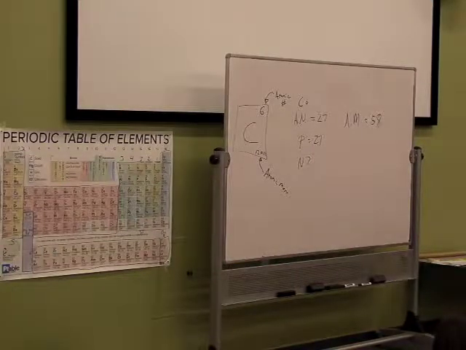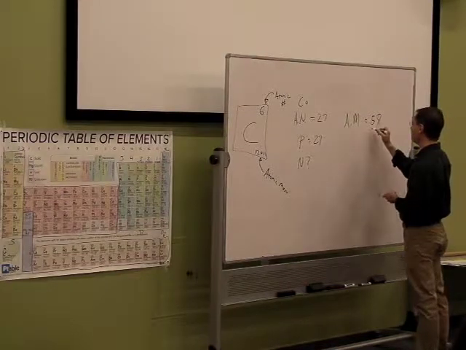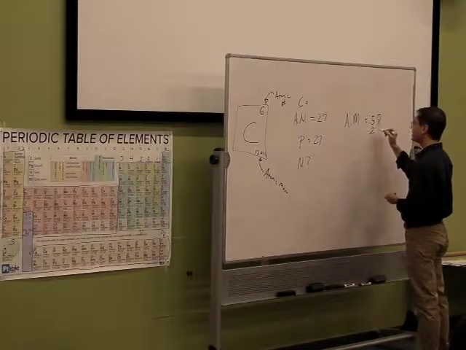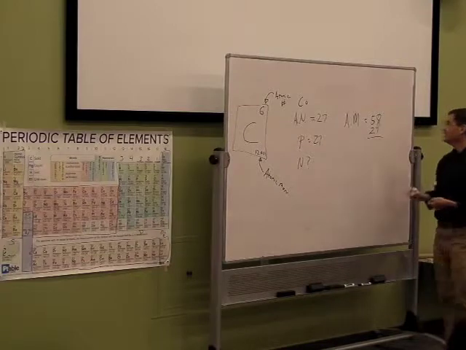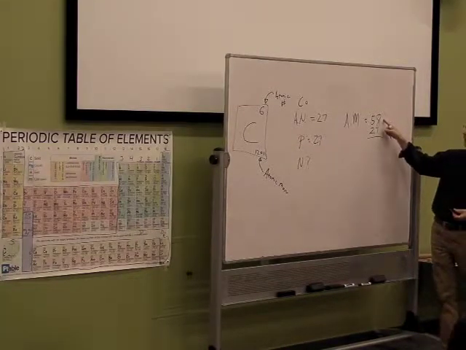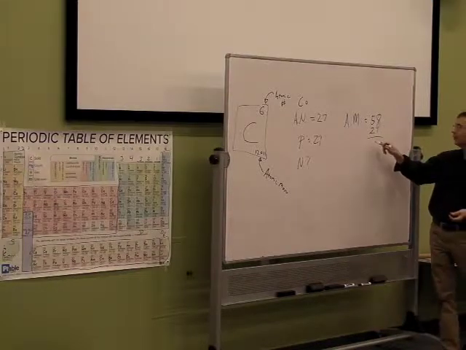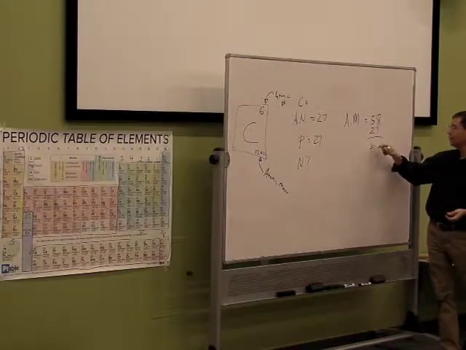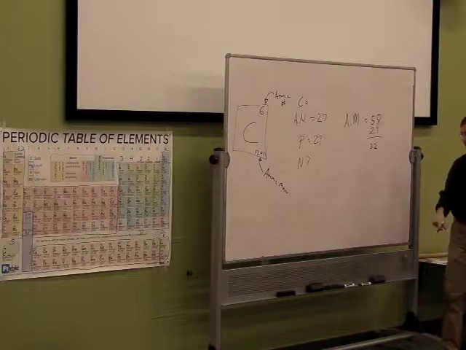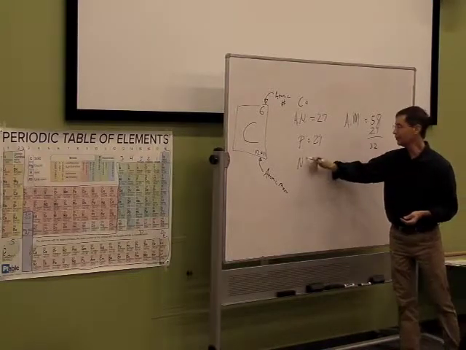Neutrons is a little bit harder. How many neutrons? Go. 32. Yeah. And you know that because you're a mathematical genius. You have taken 59. Atomic mass is the number of neutrons plus the number of protons. So if I know I've got 27 protons, I do a little math, and I get 32.